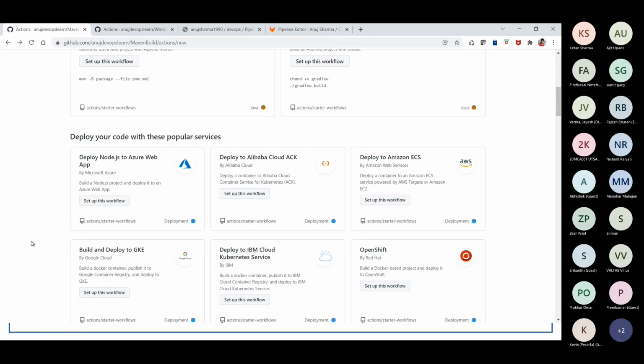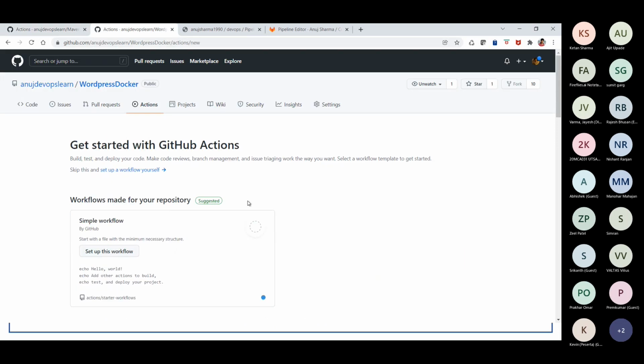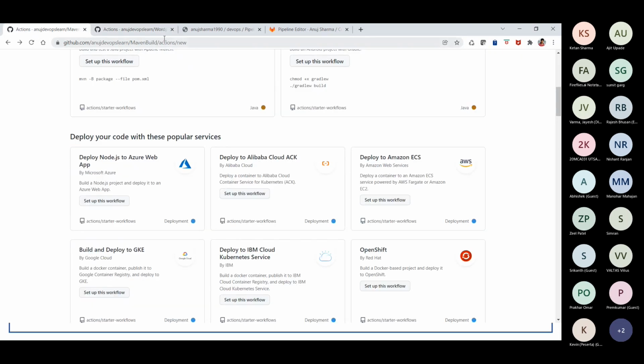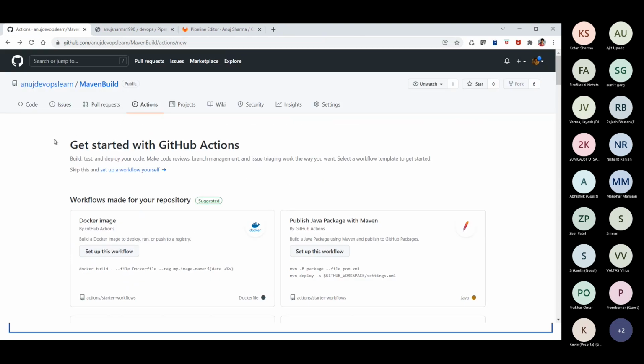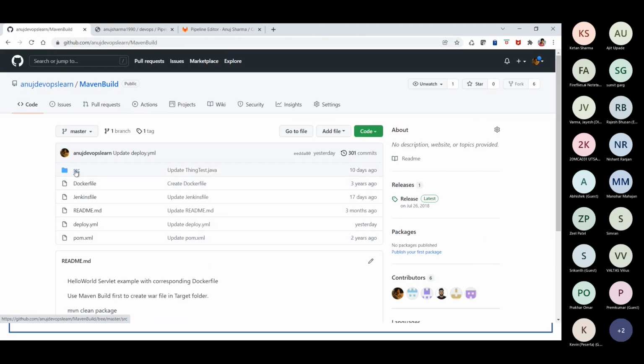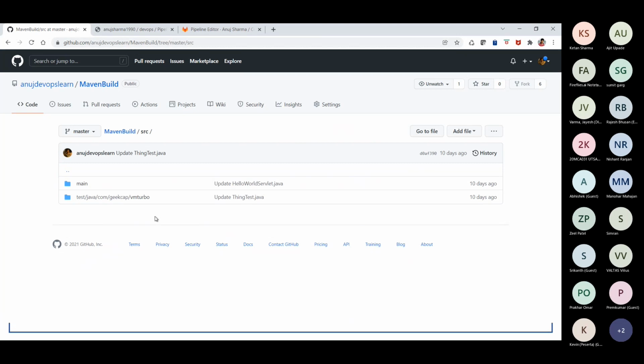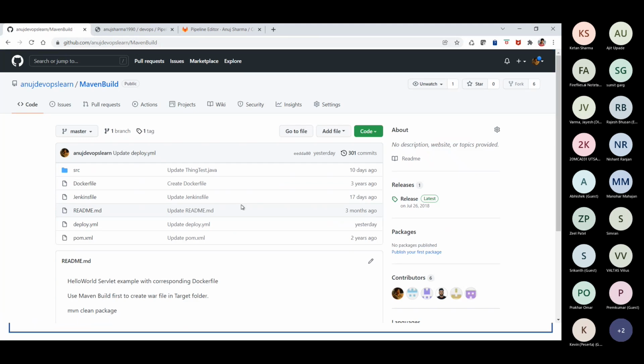CI portion, yes, but right now what we are doing is taking one automation project and deploying it, right? That's what we are doing. So we will be running some particular workflows, and in that workflow, we will be compiling source code. For example, here we have the source code available in the source directory. We also have some test cases. I will show you that flow, how the compilation, test cases, all the steps are going to be done.